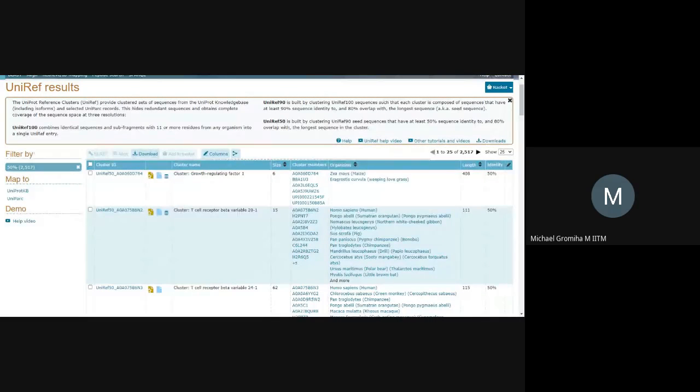Okay, good. So we'll move ahead to the next one, where we will look at the statistics of the data which is available in UniProt. So if you go to the UniProt homepage,